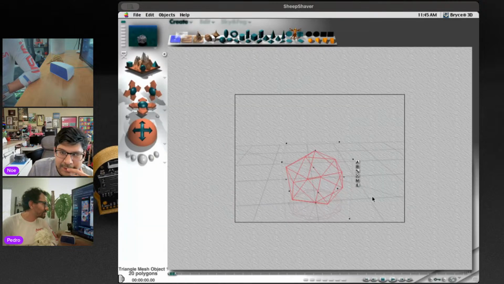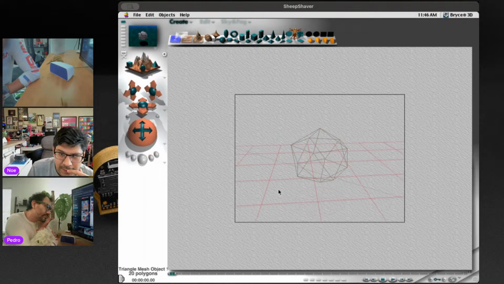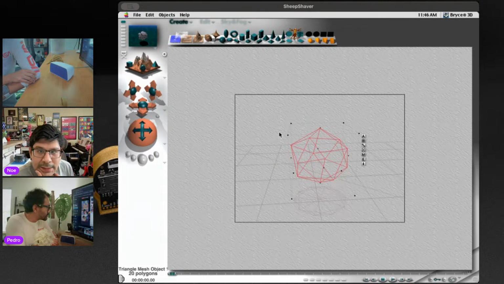And this software came out in '99, I believe. But there's a whole Wikipedia page about Bryce 3D and the people who made it. I think for the time it was pretty cool, and it was my first entry into 3D modeling. I don't have any of the files anymore, but I do remember I made a